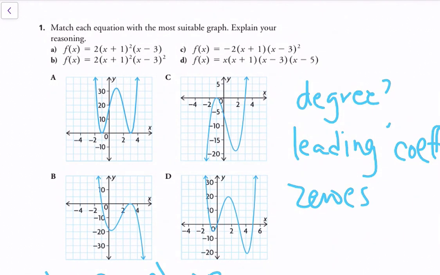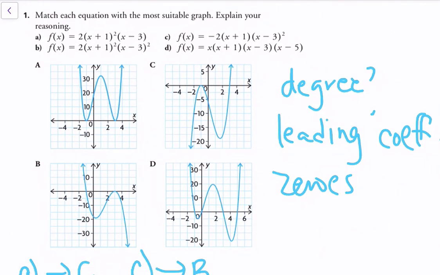So the first one is, match each equation with the most suitable graph and explain your reasoning. I have some questions on the right that you need to ask yourself every single time you get a question like this. The first thing is, what is the degree of the function? Next, what is the leading coefficient? And lastly, what are the zeros? So in this case,